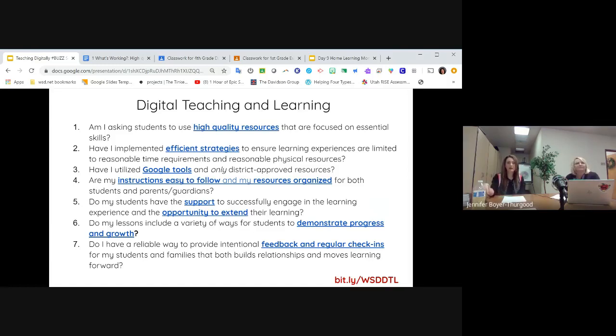So we have kind of a spectrum here too of parents, because we have parents who are saying 2 hours, that's a lot of time after I get home from work and getting this figured out. 2 hours is a lot. Then we also have parents who are saying 2 hours, they're usually at school for 6 hours. What am I going to do with them for the rest of the day to do something productive? So we have those parents who are asking for optional things.